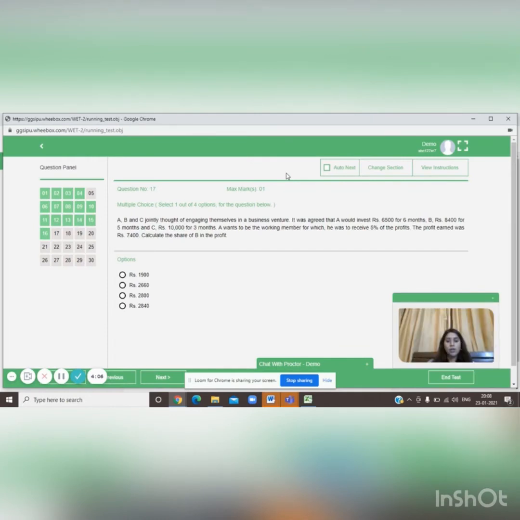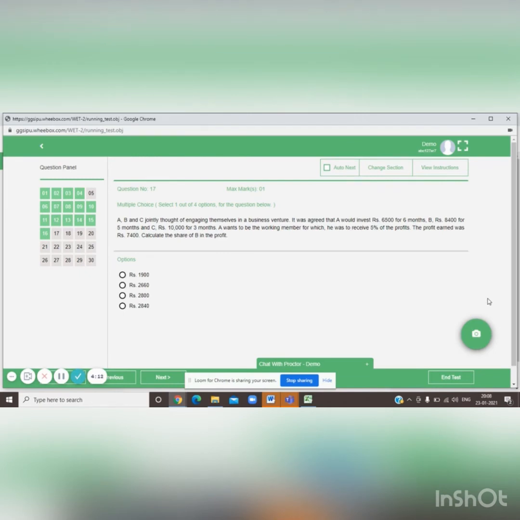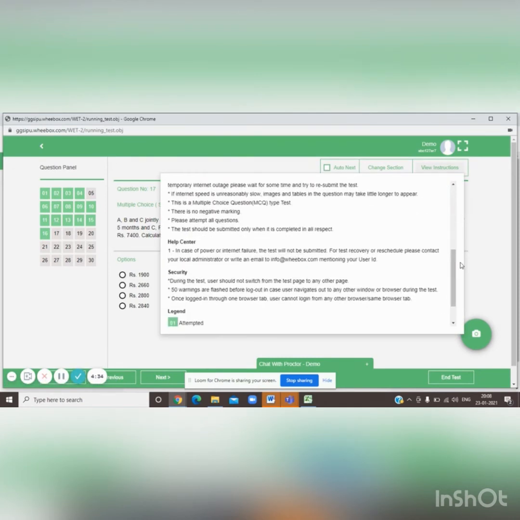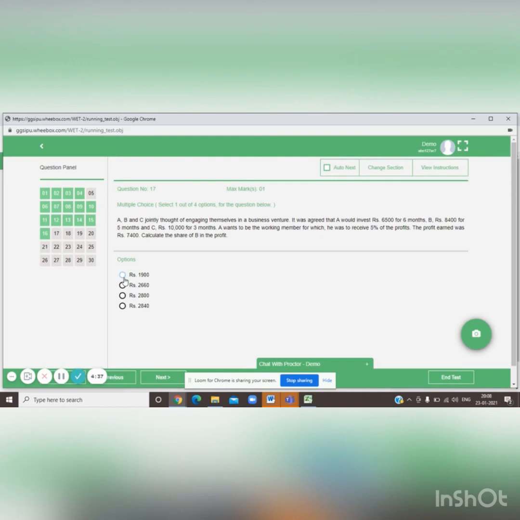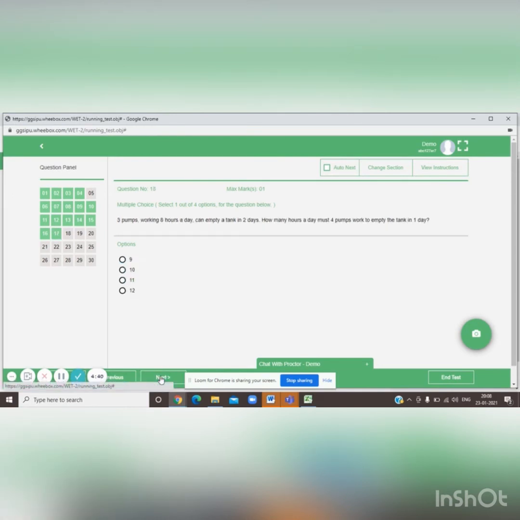Here my test is getting configured. This is the test taking page. You can see on the left side the number of questions that have been allocated to you in this particular test, and you can see the change in color. The gray color is unattempted, the green is attempted. Candidates can view the same instructions which are there on the instruction page. I click on the question and go on next. My color has changed. In case I click on auto next, once I have answered this question, I will be automatically taken to another question.